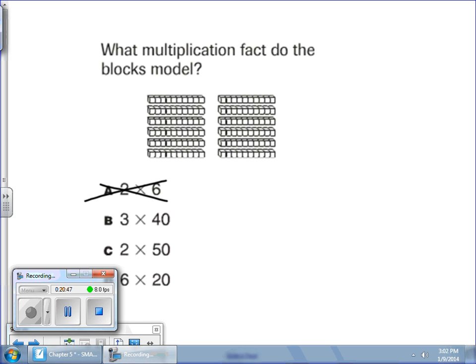Because we're counting tens. Exactly. So we know we're working with multiples of 10 here. We have how many groups of tens? How many groups of tens do we have? How many groups? 2 groups. And then how many in each? 10, 20, 30, 40, 50, 60. Okay,